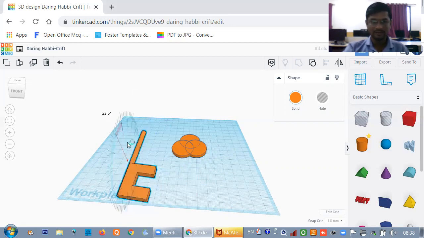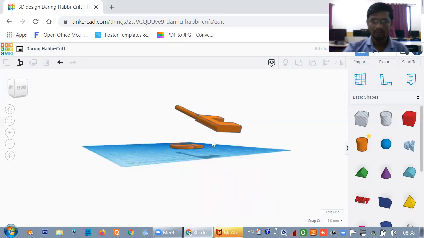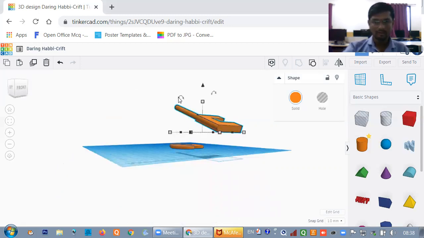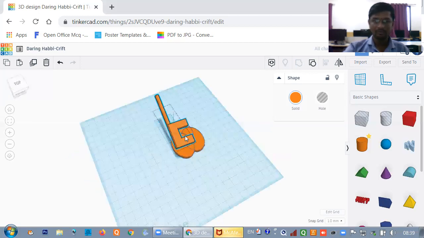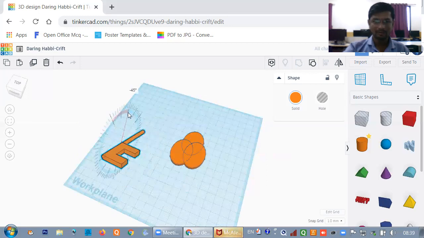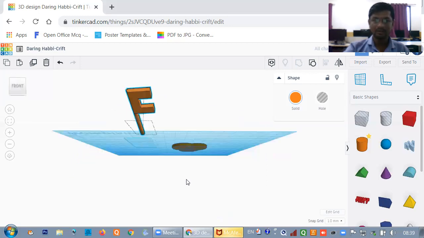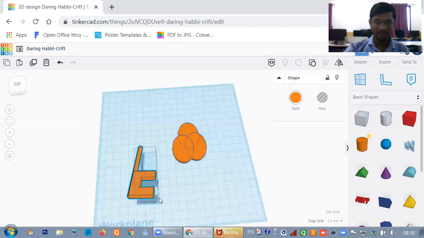When you move your work plane, you will see this view. You can easily understand this. Make it down properly, like a horizontal shape of this key.